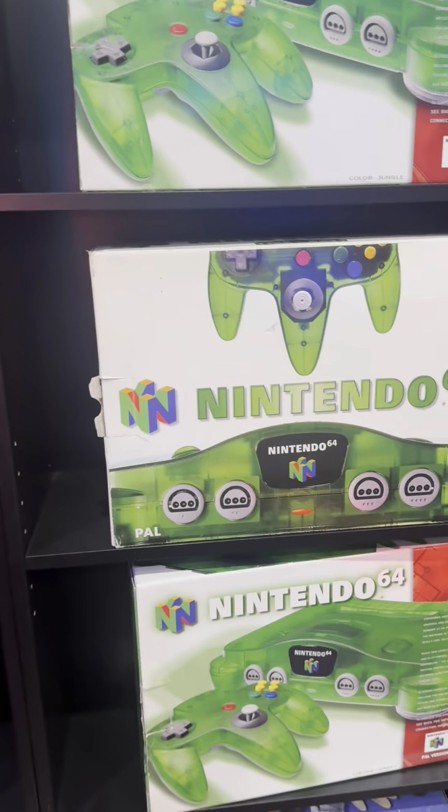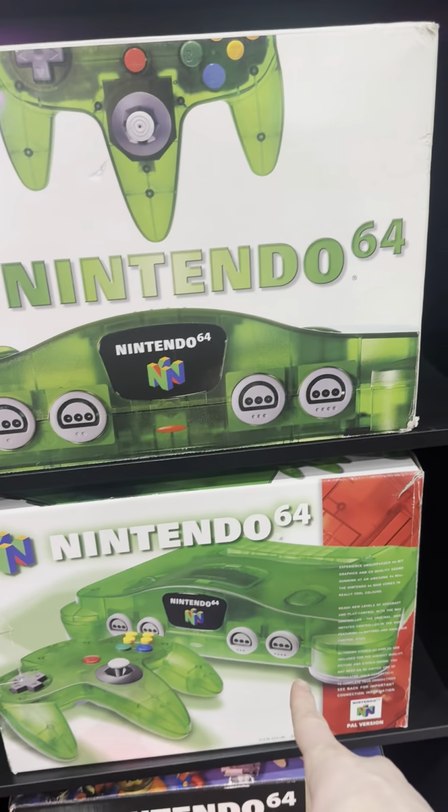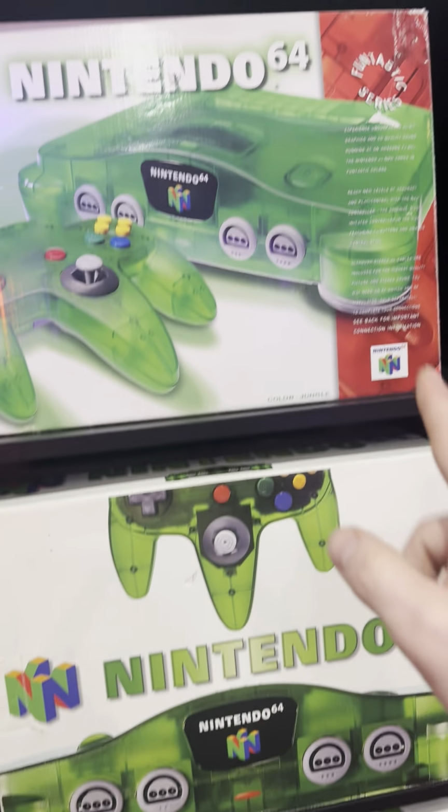To the right of that, we've got the 3 worldwide Jungle Greens. So what do you mean 3 worldwide? Well, let me enlighten you. We have the Australian POW Jungle Green, we have the European Jungle Green, and we have the North American. You're thinking, what's the difference? Well, the difference is,